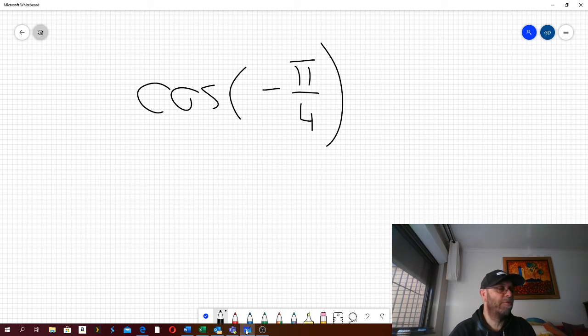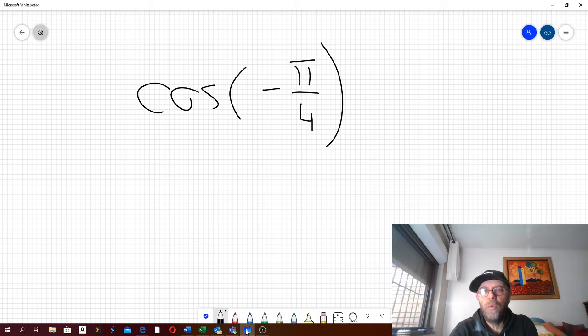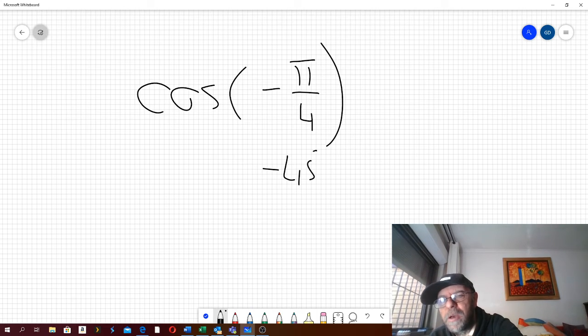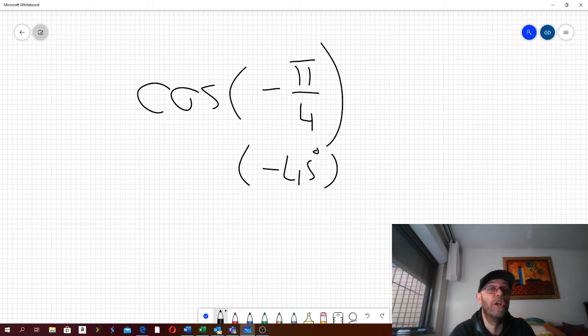Now, pi over 4, you have to ask yourself, well, what angle is that? Again, you should get familiar with your radian measures. Remember that pi radians happened to be 180 degrees. So pi over 4 must be 45 degrees. So this is really the same as cos of minus 45. But I don't really want you to go and change it, because you can leave it as pi over 4 as long as your calculator stays in radian mode